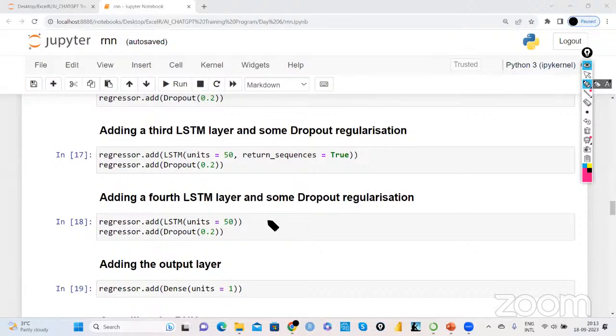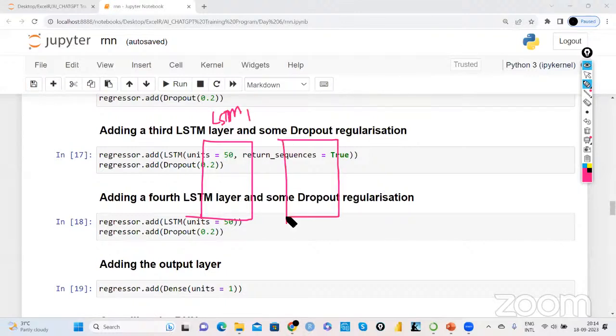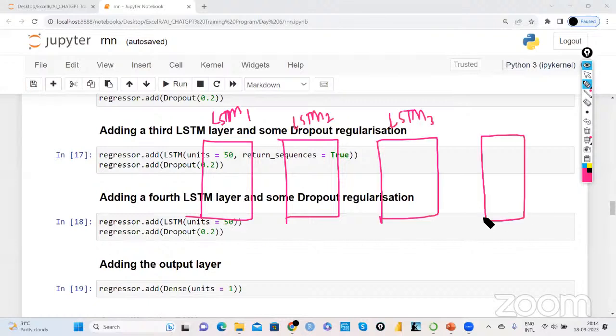So let's suppose, guys, in this particular network, we are adding 4 LSTM layers. Let's suppose this is my first LSTM layer, LSTM1. This is my second LSTM layer. This is my third LSTM layer. And this is my fourth LSTM layer. And then I have an output layer. All right. Now, if you see, from LSTM layer 1 to LSTM layer 2, I need to mention return